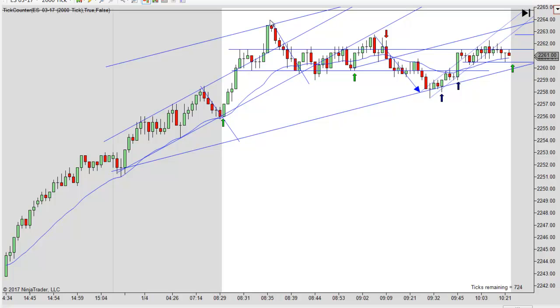But we had this big overshoot, so I would at least look for a break and attempt to go lower. And notice what happens. We get the break of this little short-term trend line. We make a new low, and then it reverses. So if this bar would have been bullish, I would have liked going long there. But you're better off to wait and see if you get another little trap, which it turns down there, and